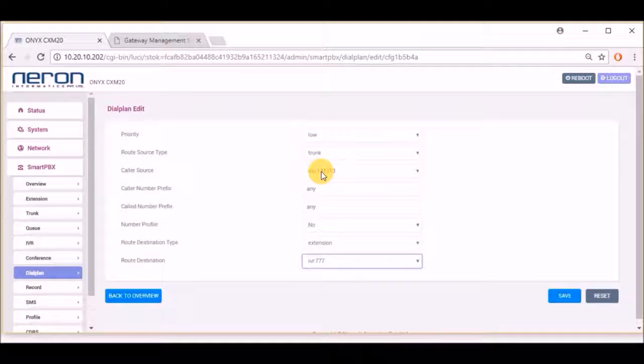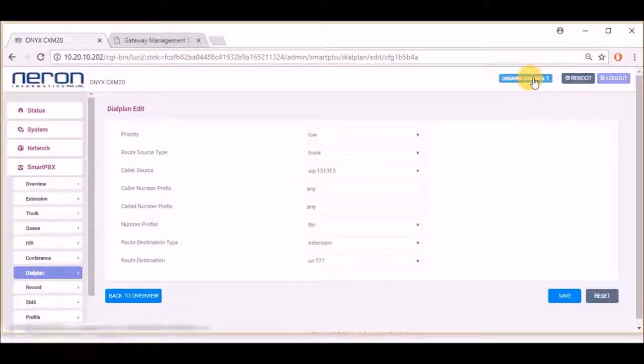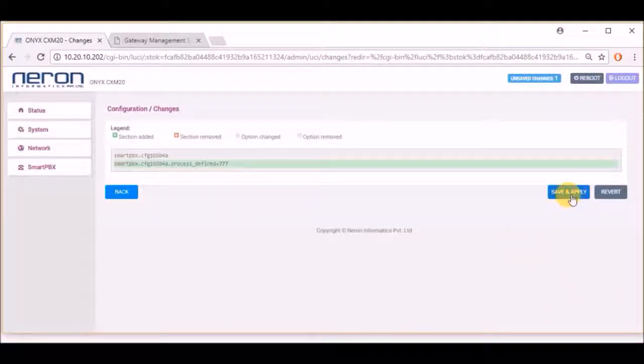I want to use my IVR like one person is calling from outside to my 5th port SIM. So that call will automatically route to the IVR, and the IVR will automatically route the calls to the extension number by using the DTMF. So click on save, click on unsaved changes, save and apply.